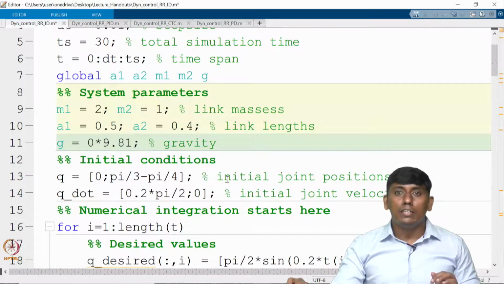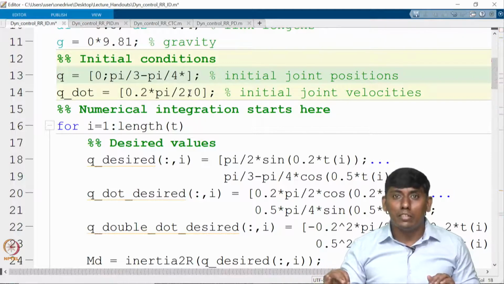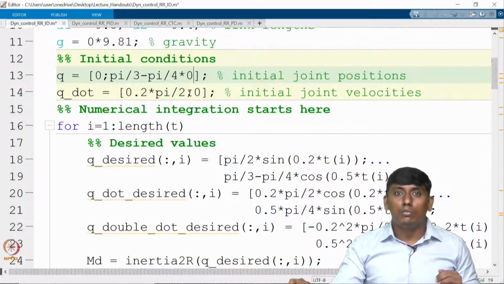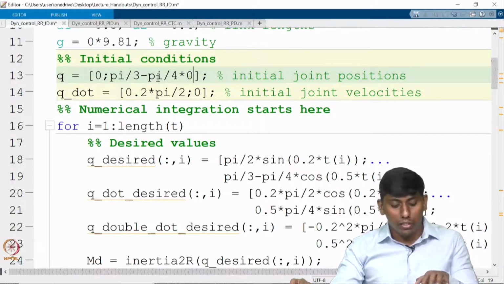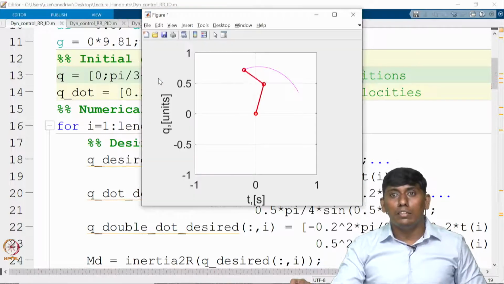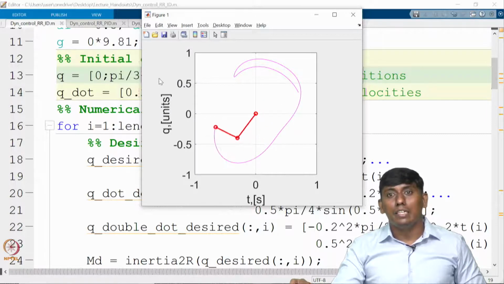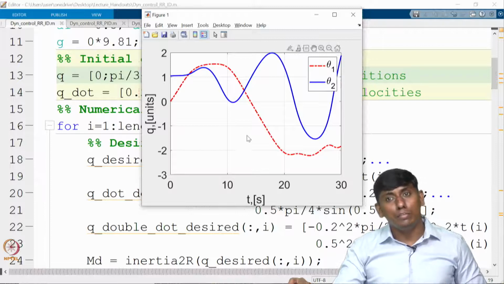Similarly, we assume that the initial conditions are not matching. The initial position is supposed to be pi by 3 for theta 1 and minus pi by 4 for theta 2, but now I assume both are 0. You can see it does not go as expected. It goes beyond, because the actual scenario is completely different from the inverse dynamics.